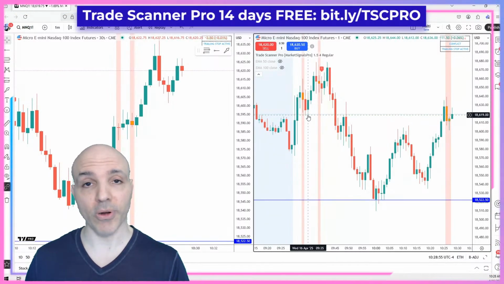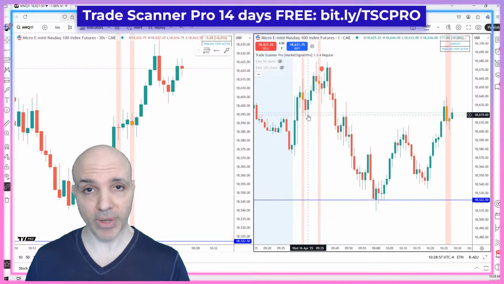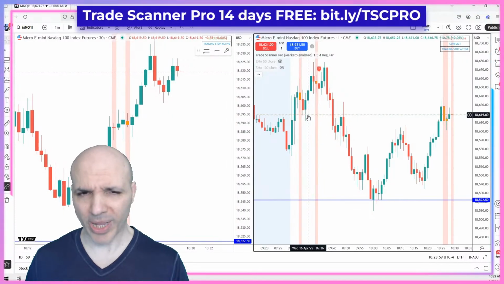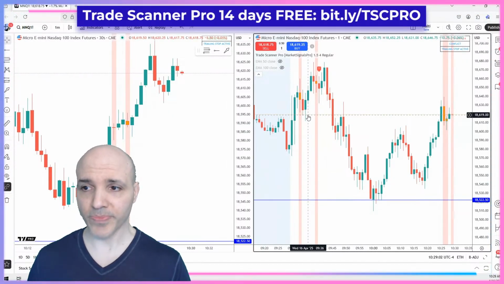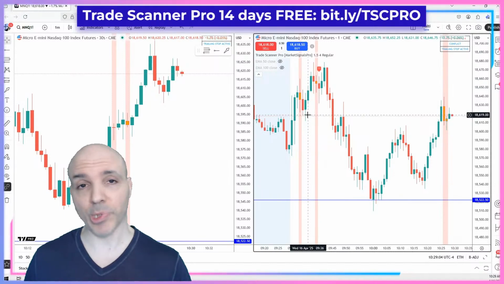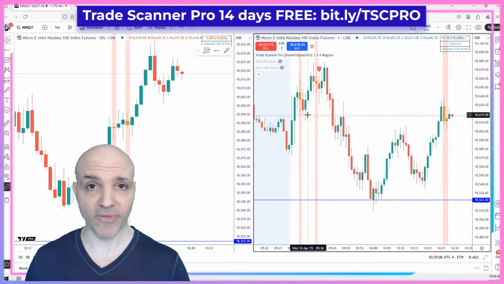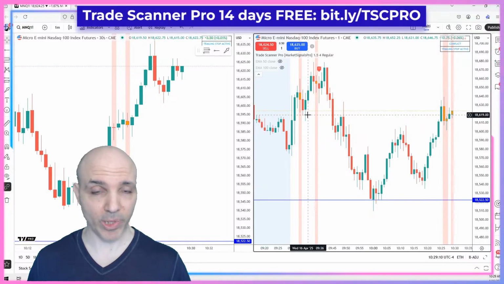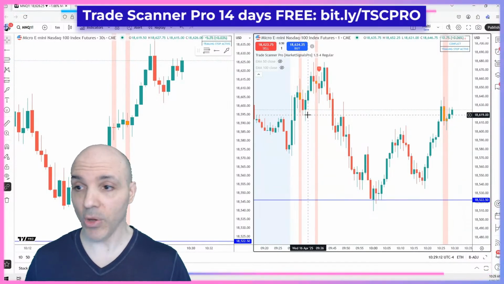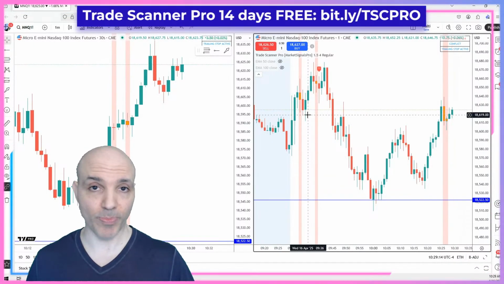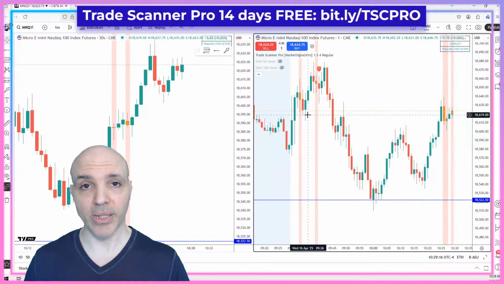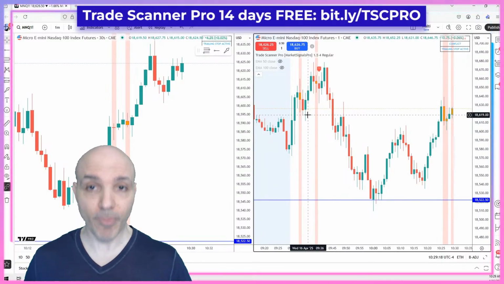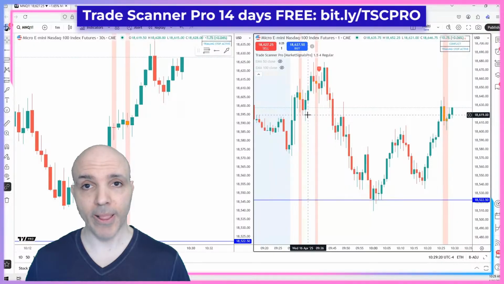one thing for sure is when you get stopped out, as long as you respect the stops, when you get stopped out using the Trade Scanner Pro, that stop is smaller than the profit objective. It's set up that way. It's 1.5 to 1 reward risk. It's automatically set up that way, and that does not count when you catch a runner, which goes beyond 1.5 to 1. You can change that ratio, by the way, but